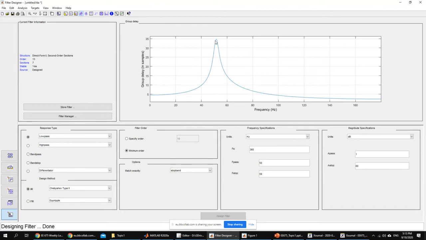50 hertz should actually be in the pass band. So basically, it's going to be delayed by 35 samples, while your signal near DC is going to be delayed by only 5. This is going to be a problem, because